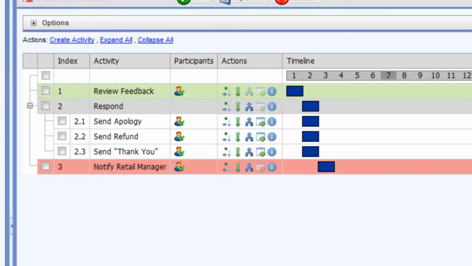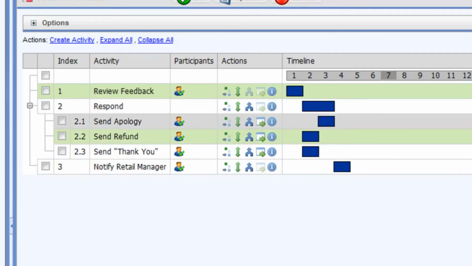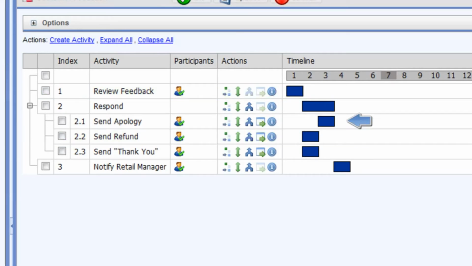But let's say we want the individual preparing the apology to be able to indicate in their communication that a refund is on the way. In that case, we'll want to make the send apology activity dependent on the send refund activity. We can change the definition to accomplish this process change by simply dragging the send apology activity onto the send refund activity, indicating a dependency relationship. Note that the timeline for the send apology activity has now moved out and does not begin until the send